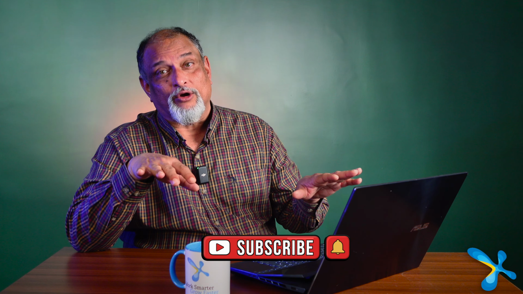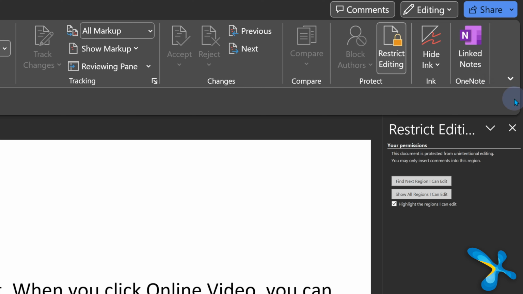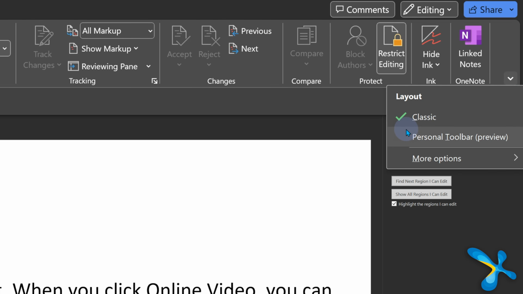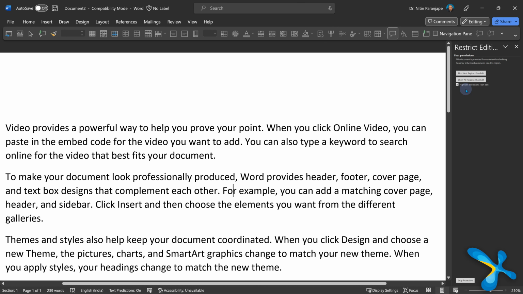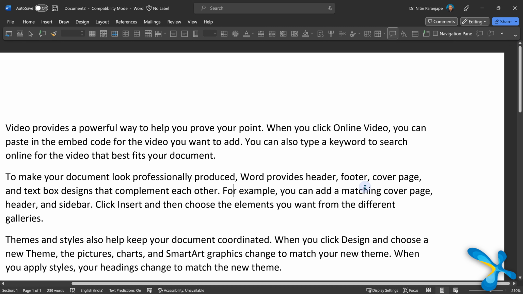Finally, all this which I talked about is you creating the toolbar based on what you want, which is fine, good. But now, recently, as of the last 2 months, Microsoft has a feature in preview. Office 365 versions of Office will show you that feature. So if you open the drop down next to the ribbon, there is an option called personal toolbar. If you enable that, the entire ribbon disappears, and what it is doing is analyzing which buttons you use commonly, and it automatically builds a toolbar. It's still in preview at the time of creating this video, but it is going to mature over time.